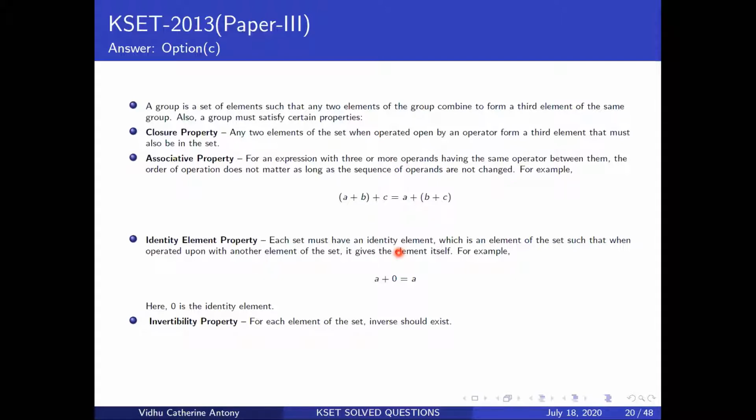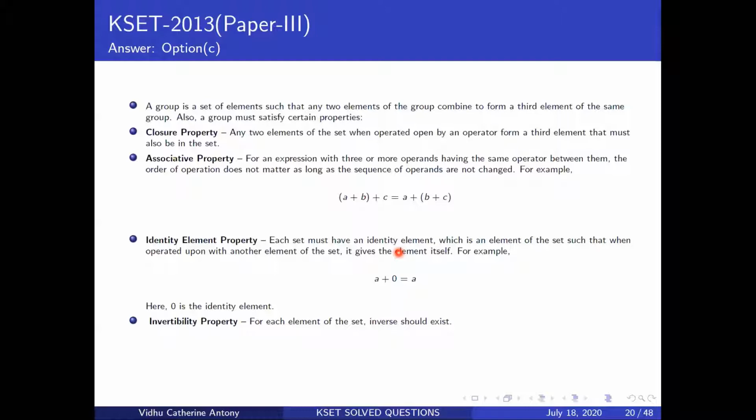So that's your identity. And then your invertibility, when does your invertibility property exist? Okay, when do you get an inverse? You basically get an inverse when you're going to have non-singular matrices. That is when your determinant is 0. So all the 4 properties exist, and this thing is going to be called a group. Okay, that's what you're going to come up with.